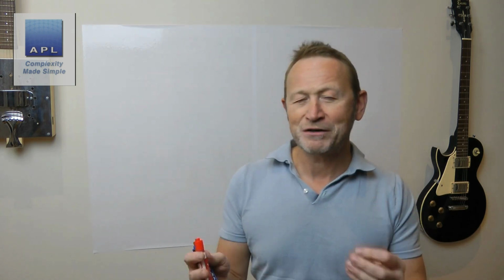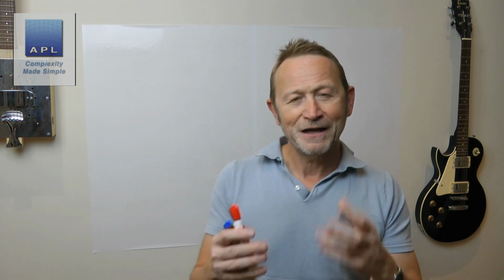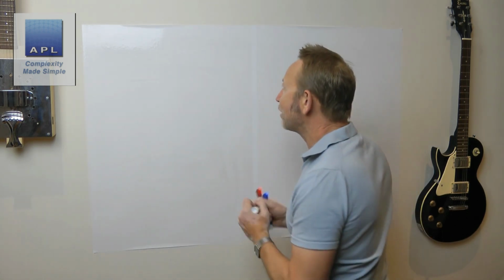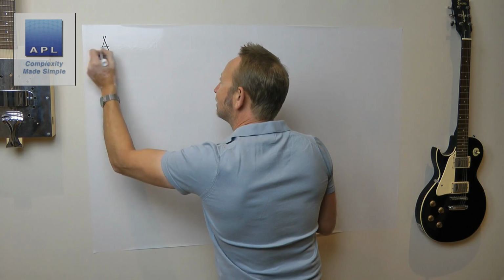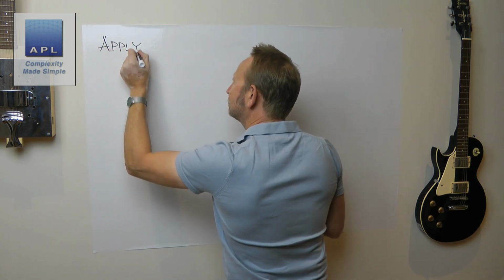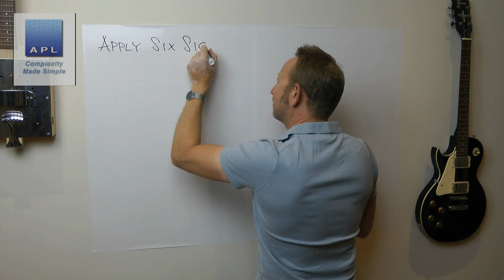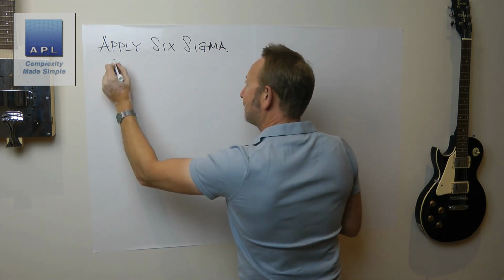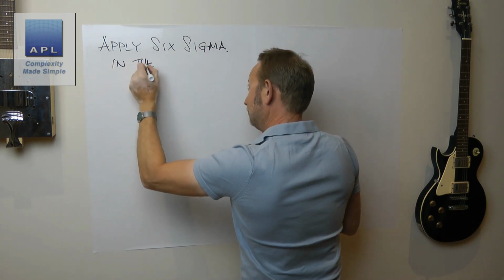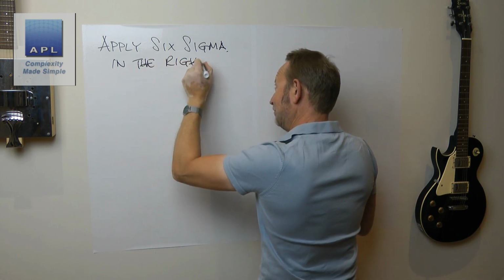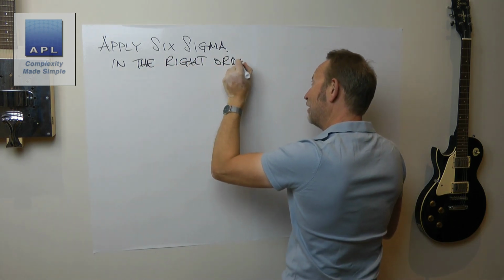My name is Paul Allen, and the subject of today's video newsletter, well, we're going to talk about the fact that you need to learn and apply Six Sigma in the right order. And this follows on from something, so we're going to say apply Six Sigma in the right order. And as I say, this follows on from something